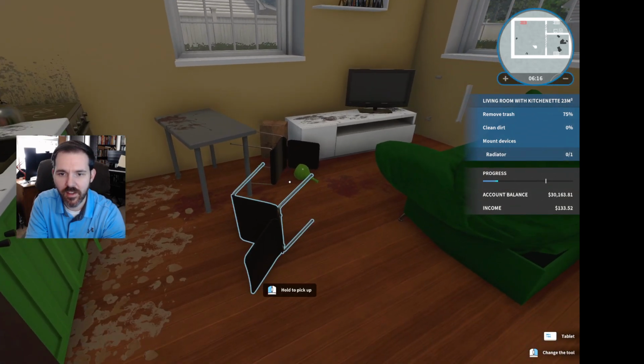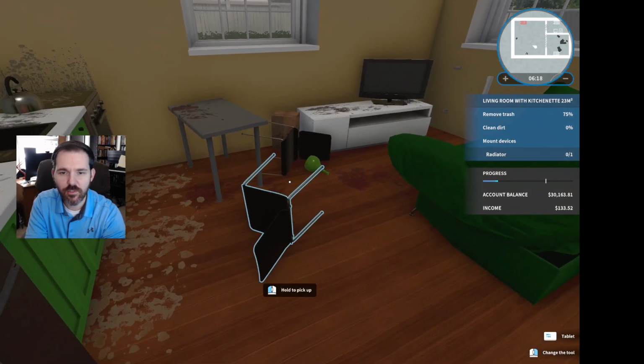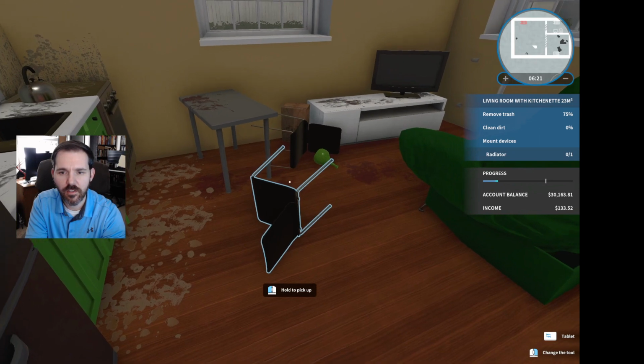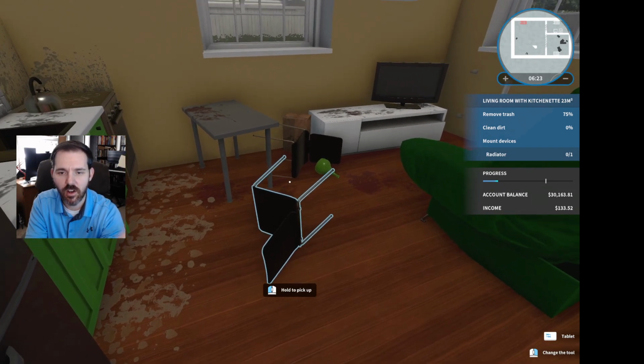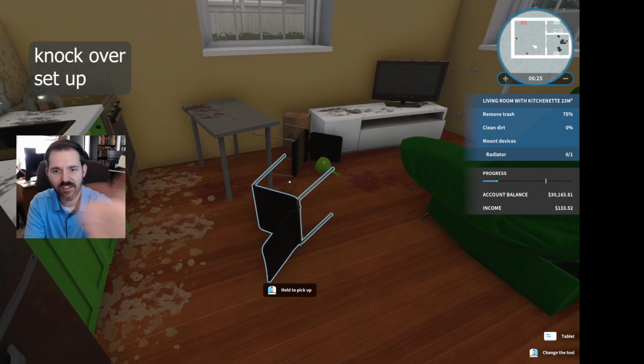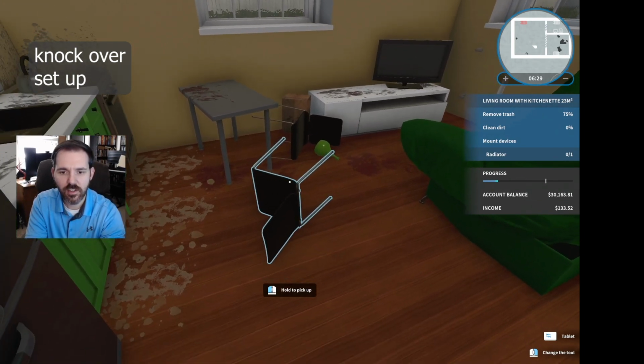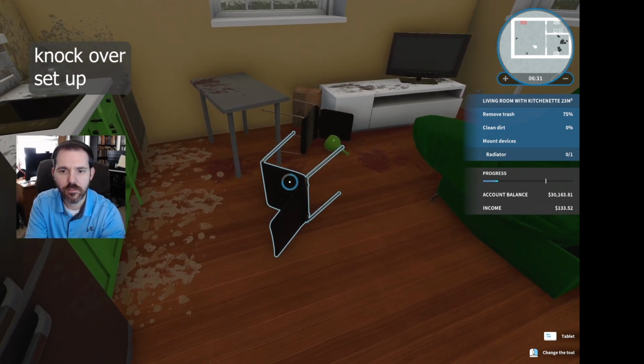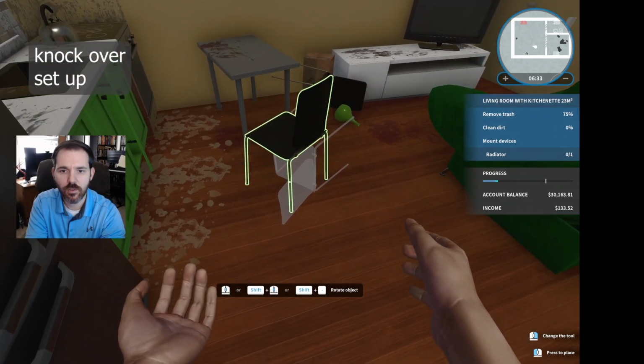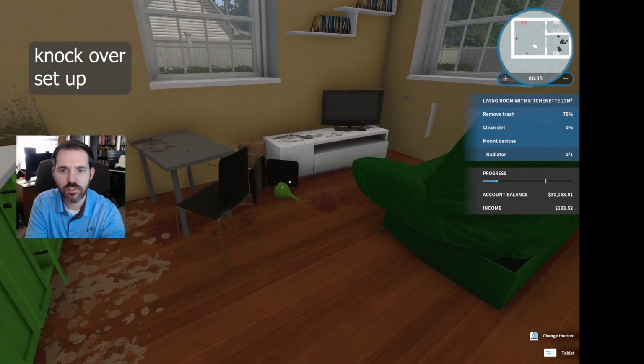Okay, now we see there's furniture that is just on the ground. Somebody has knocked these chairs over, and so let's set them up. All right, so we're going to set the chairs up.